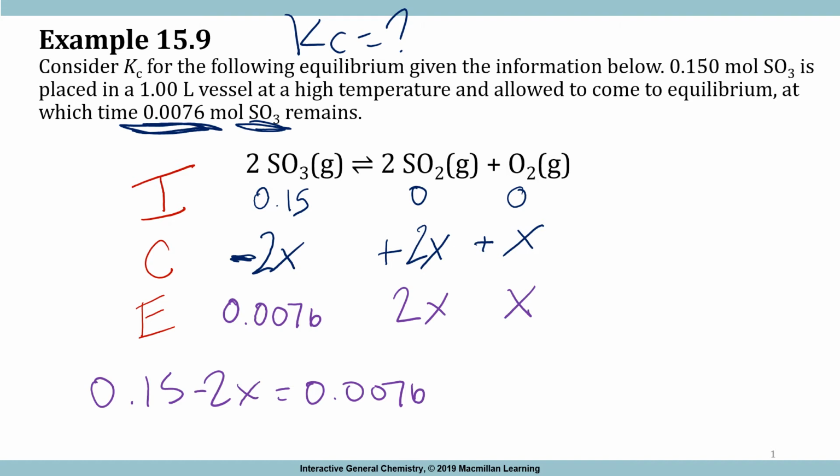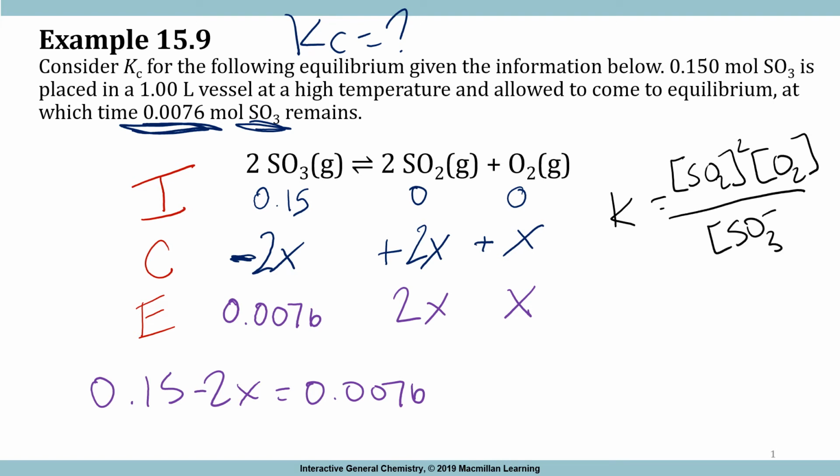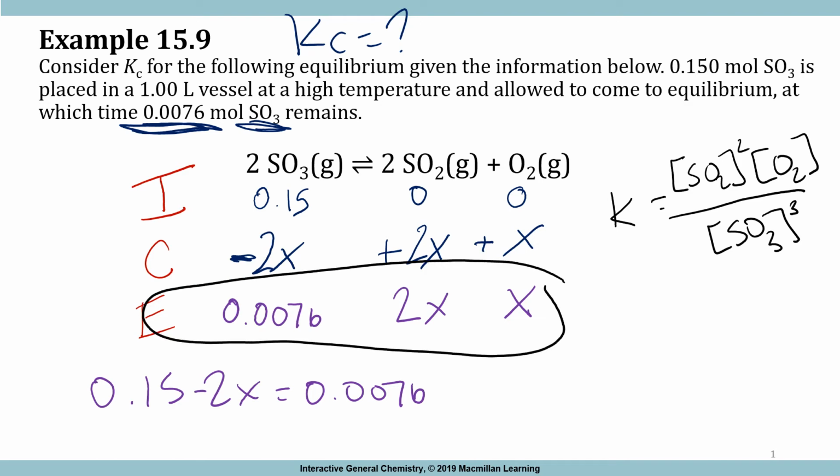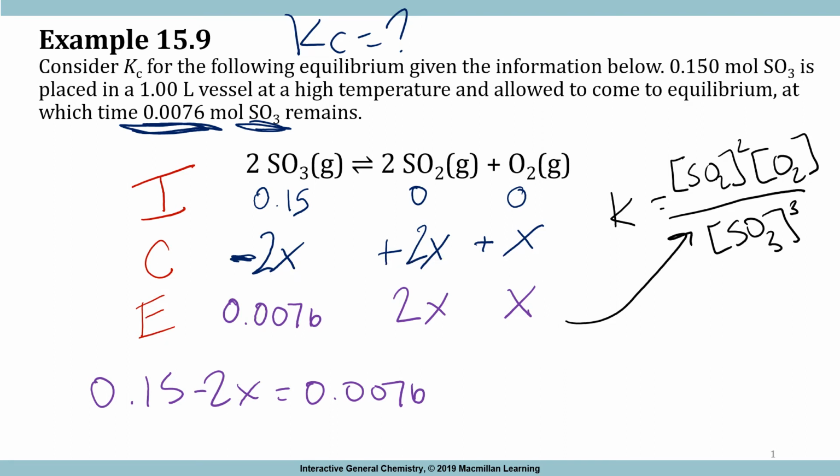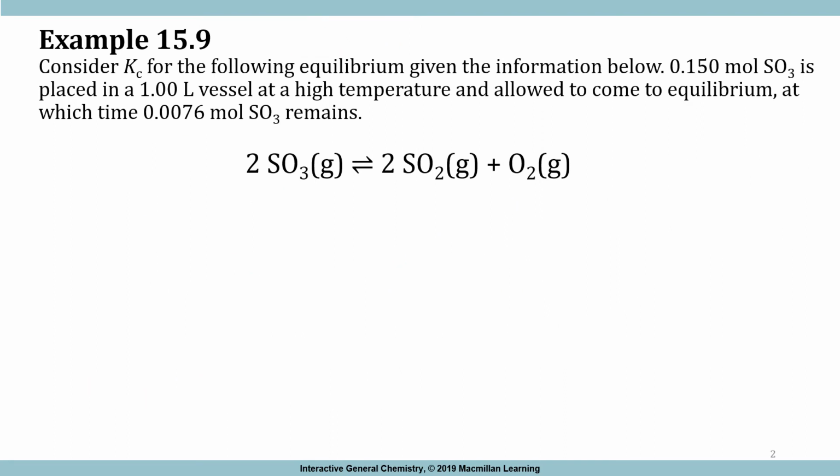Why is this important? Well, if we write our K expression, we get our products divided by our reactants. And whatever is in our equilibrium, those values are what we're plugging in. But since we don't know what x is, we need to calculate x before we can do so. But that's where I'm getting these values. So I'm just going to rewrite my equilibrium constant, SO2